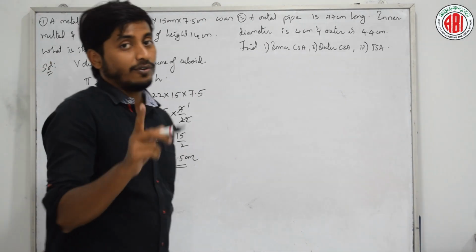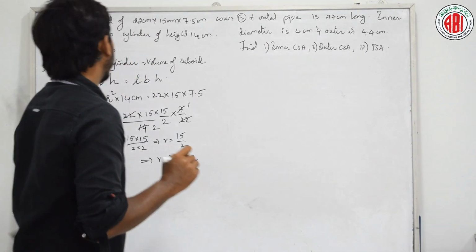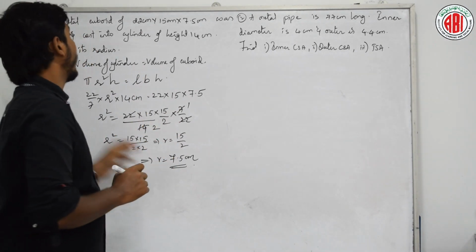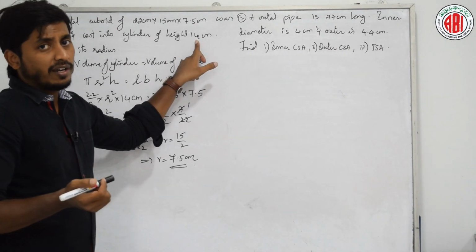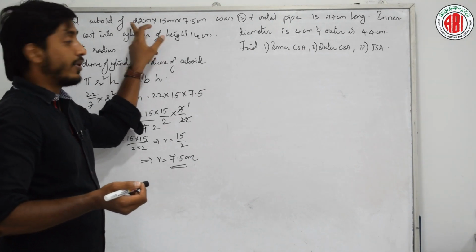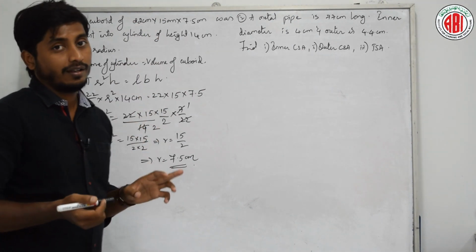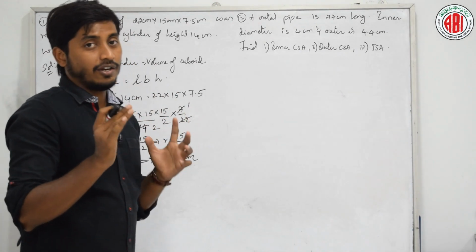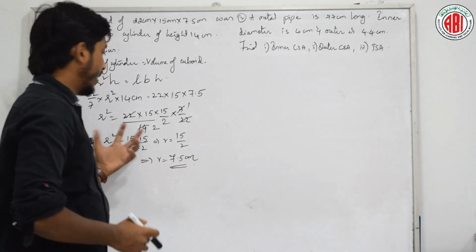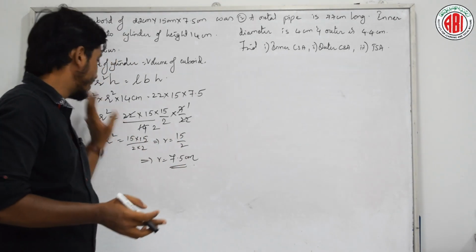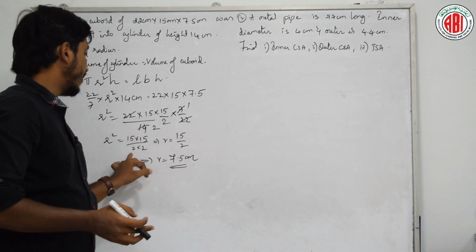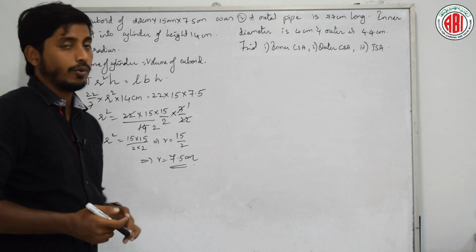Remember, don't forget, most of the time you will get at least one or two parameters in terms of 22 and 7. If you observe, height is 14, a multiple of 7, so that you can cancel it here. One of the dimensions is given as 22, because we can cancel 22 here. Just have this kind of look before directly multiplying and cancelling everything. Is it clear? Did I do any multiplication? No, I just arranged it so that I can directly write, instead of both 15s, I will write 15, instead of two 2s, I will write 2.